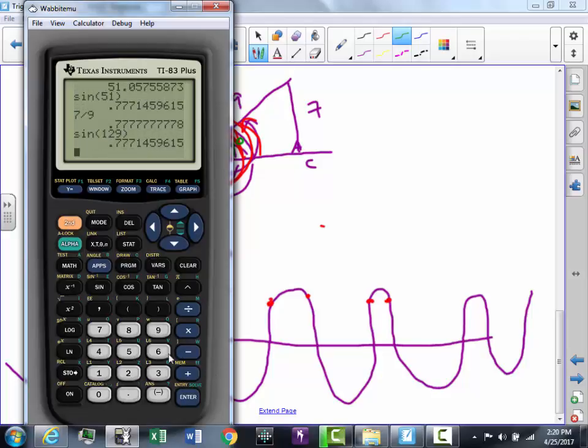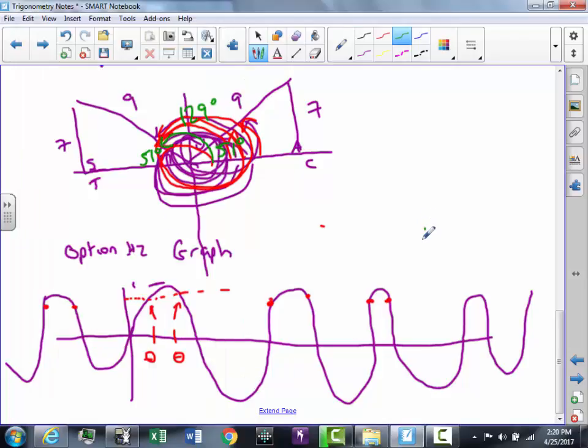Are there other angles that could work? Sure, why not the sine of 129 degrees plus 360 times 8? What does that mean? Before finishing on the 129 degrees. And look, it also is basically 0.77 repeated. So that's one option. If you get your unit circle concept, if you just inverse sine or inverse cosine, that'll